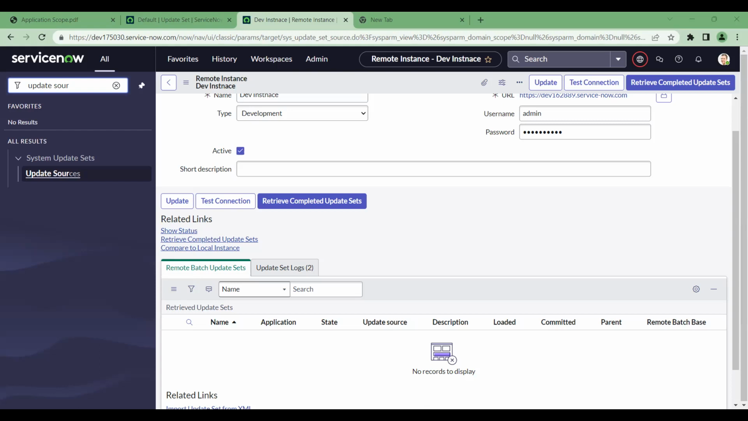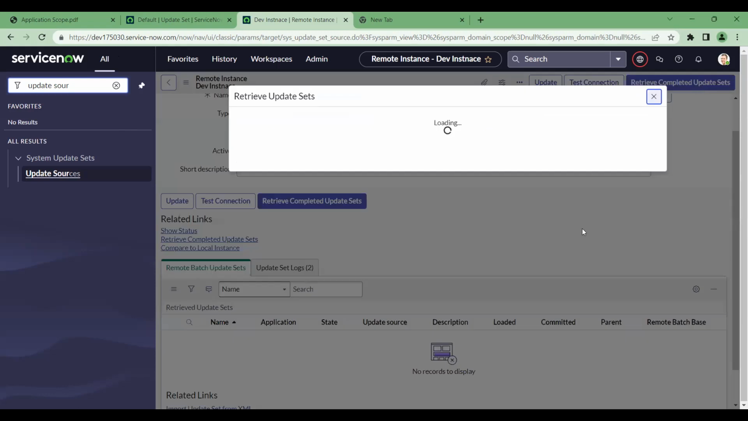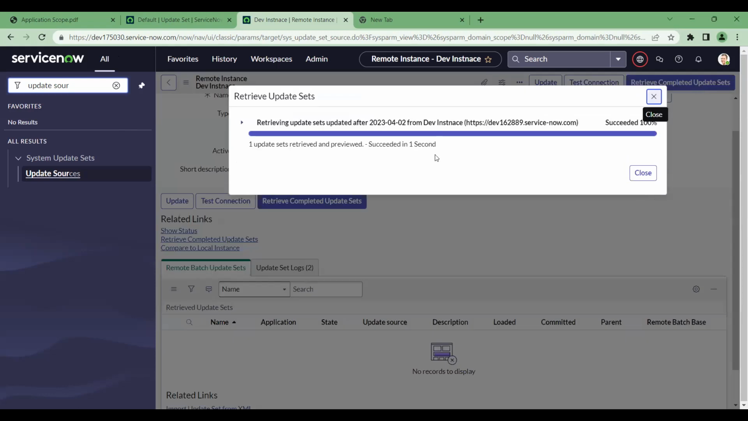So let's say, imagine this is my dev instance. I have completed whatever work I had. Now I'm going to retrieve that update set into the QA instance, correct? So let's do it right away. Oh, my apologies. Sorry. Here we go. Now in dev I have completed. Now I am in QA, retrieving the update set which I completed over there. So here we go. You can see